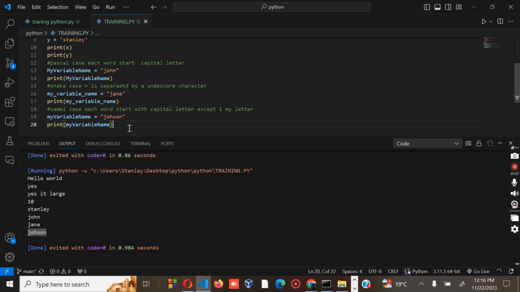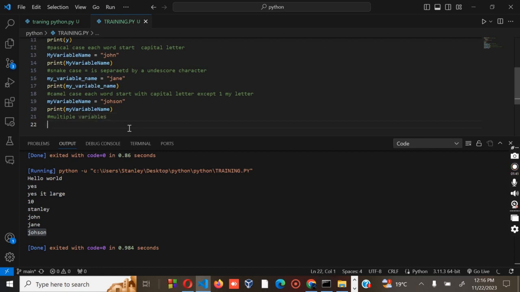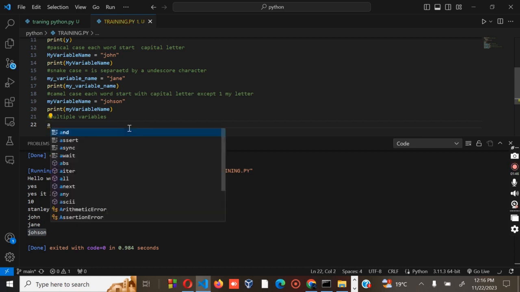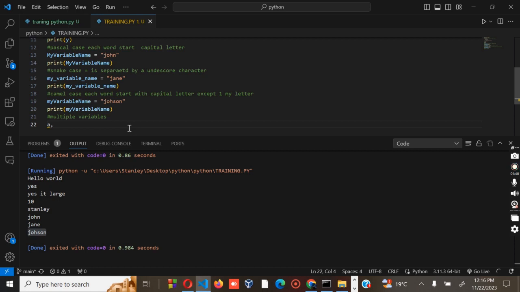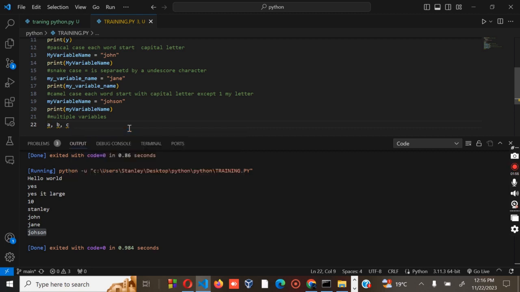For example, we have multiple variables: A, B, and C. We will assign them values, the first one being mango.